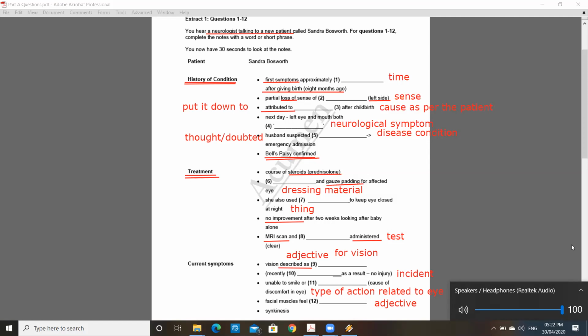I mean, it was uncomfortable, but they gave me some ointment to put on my eye and also some gauze padding to help me at night. Right. Because I couldn't even close it properly. Anyway, I couldn't get on with that, but fortunately my local pharmacist was able to give me some tape, which did help me to keep the eye closed at night. But it was tough coping with all this and having a newborn baby at the same time. Of course. Eventually my husband had to go back to work and I was essentially looking after my daughter alone.